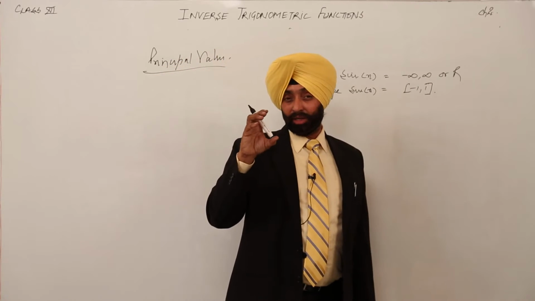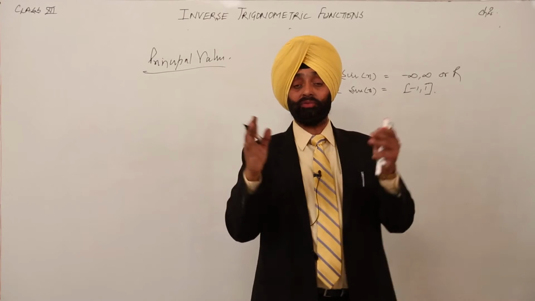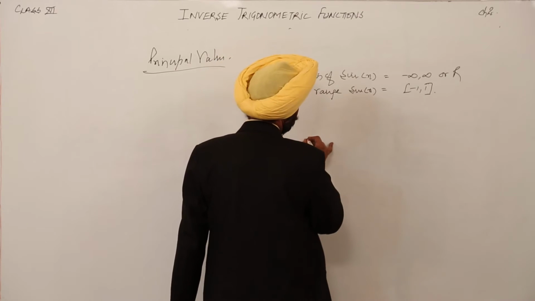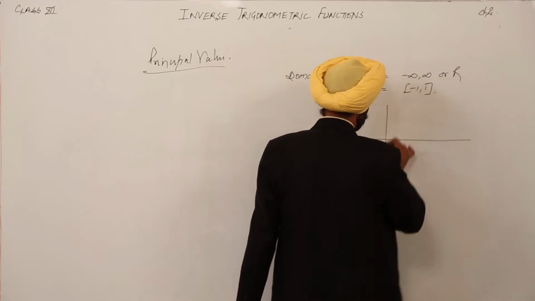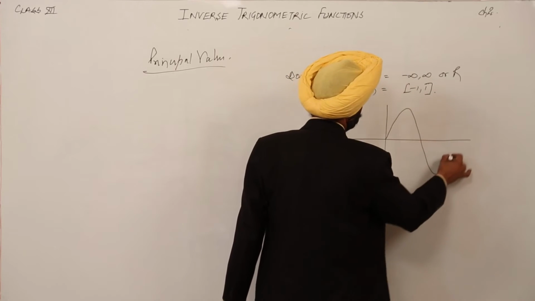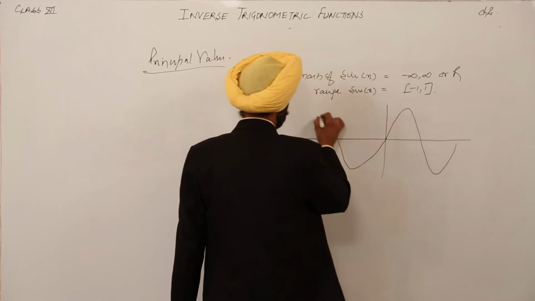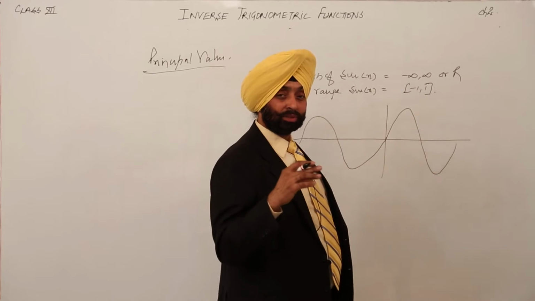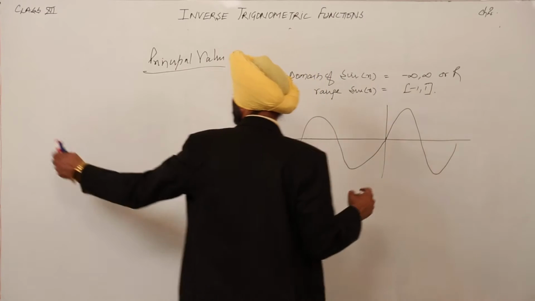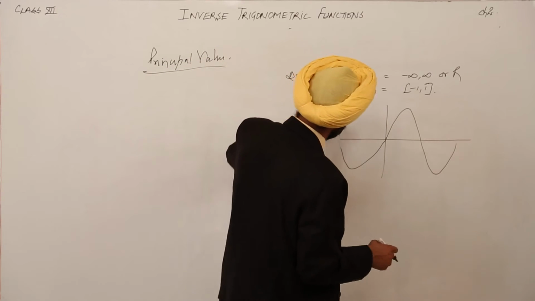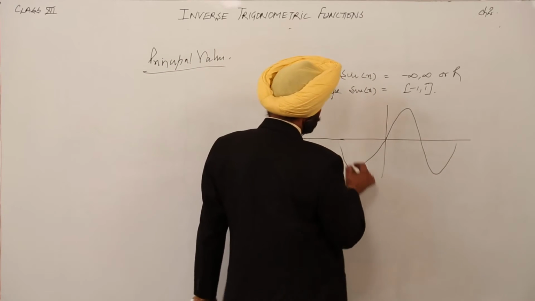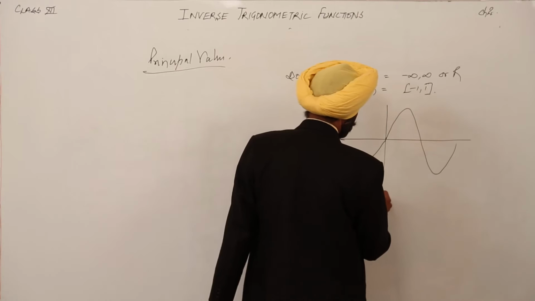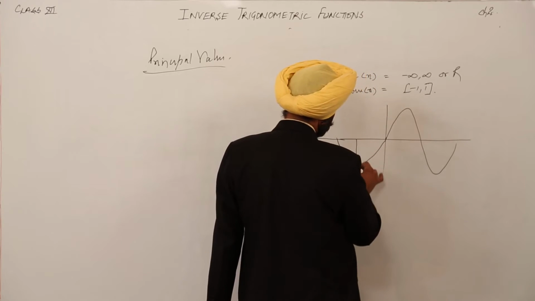Now can we write some intervals where we are getting repeated values? For example, here I am drawing a graph, one complete cycle, on both the sides. Suppose we are having a graph. Now what are the intervals on which we are getting the same values? You have already done this in class 11th also, that intervals are the values where it lies in the same thing.